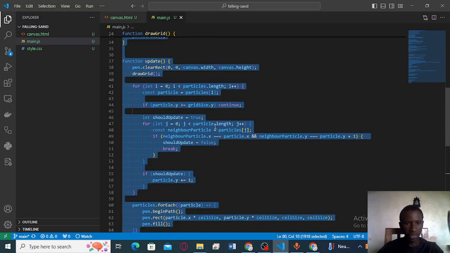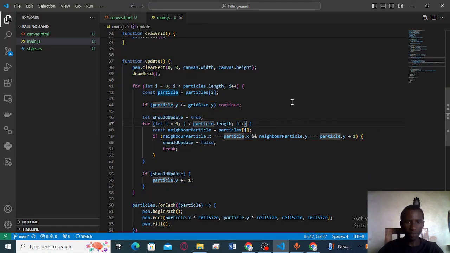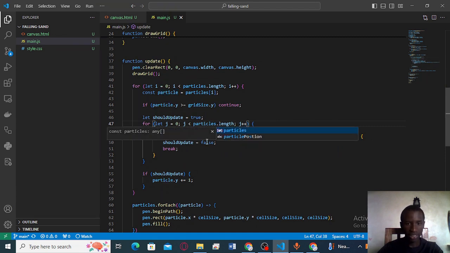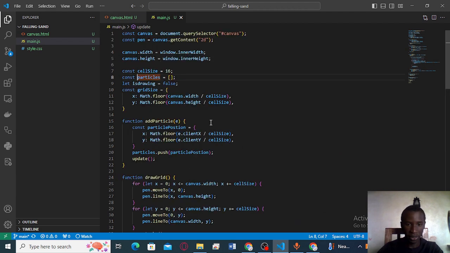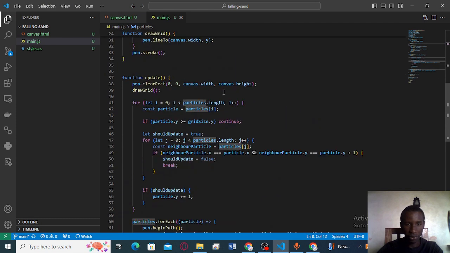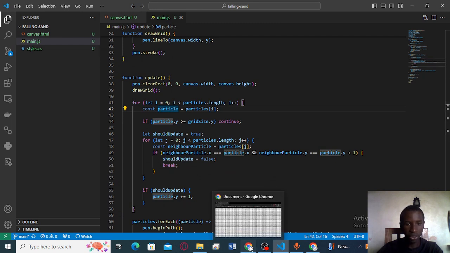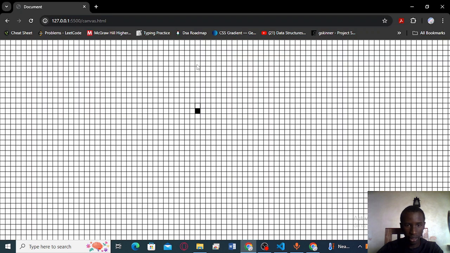So after looking through this, I finally figured out the issue, and the issue is this syntax. I was using particle length, and particle really isn't an array, it's an object. I'm supposed to use the particles array, which is here, but I was instead using the length of this, which was an invalid property. That's why it wasn't working. So let's run this again, and it should work. Yep. So we basically have our falling sand simulation, and now